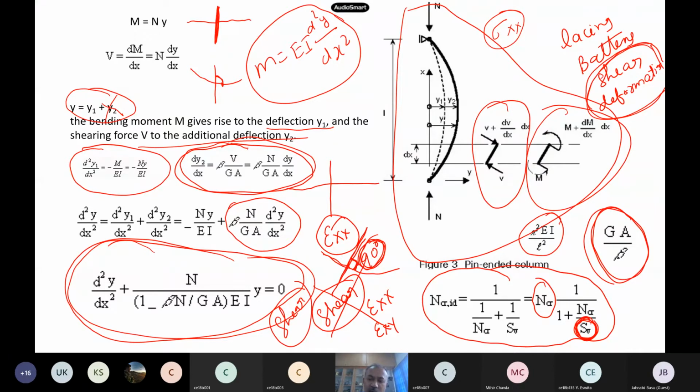Now for our buckling load, for solid cross sections the shear stiffness will be very large. When S_V is very large compared to N_CR, since it is in the denominator, this term will be small, and obviously 1 plus that finally boils down to N_CR only. But if shear deformation is there and shear capacity is less, then you will have these types of problems.